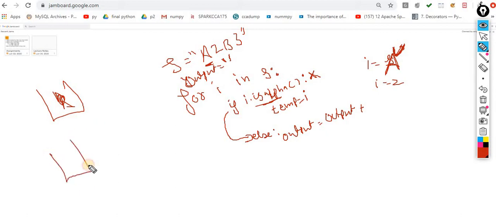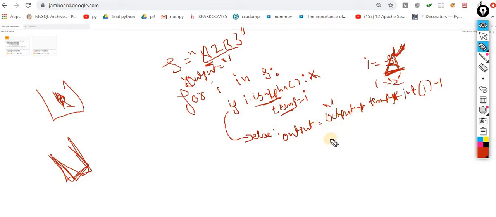Now in the first iteration my container is empty, so empty plus temp, inside temp is A. Multiply by. This one is also a string, because this entire data is in string format, you have to convert it into int of I, minus 1. Okay, int of I minus 1.